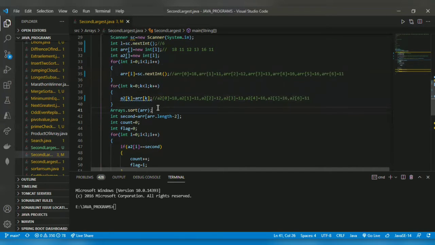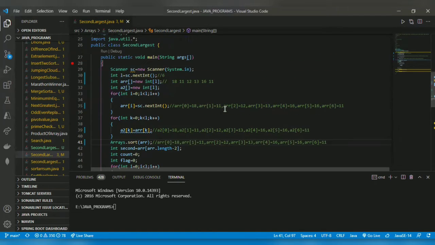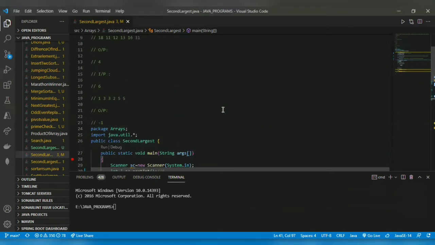After that, I sort the first array. In this step, Arrays.sort of the array name. So it will sort like this, in ascending order. Here 11 is also there, right?